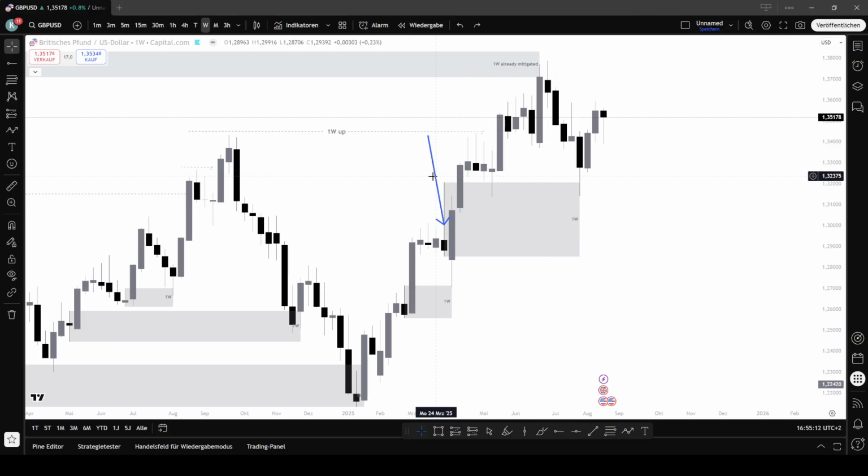I don't always expect price to come right up. For example, I don't always expect price to come right up here to fill the wick completely. As long as price is already able to fill from here, yes, this is already 3/4 of the candle. It is already completed for me. And this is another example here, guys. Looking at this reaction from here,